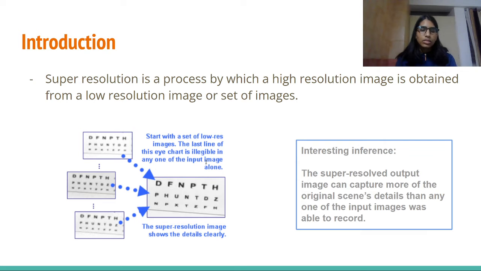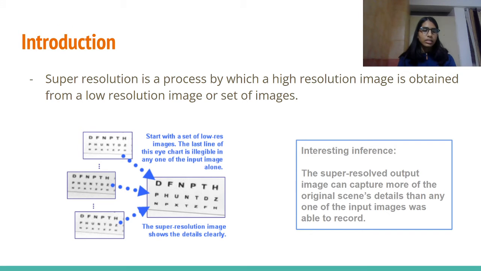So, super resolution is the process by which a set of low resolution images are processed together to create an image with a high spatial resolution. High resolution images offer a high pixel density and thereby more details about the original scene. Generally, we can recover extra data from low resolution images, which allows us to reconstruct an output image above the Nyquist limit of the original imaging device, say a camera.